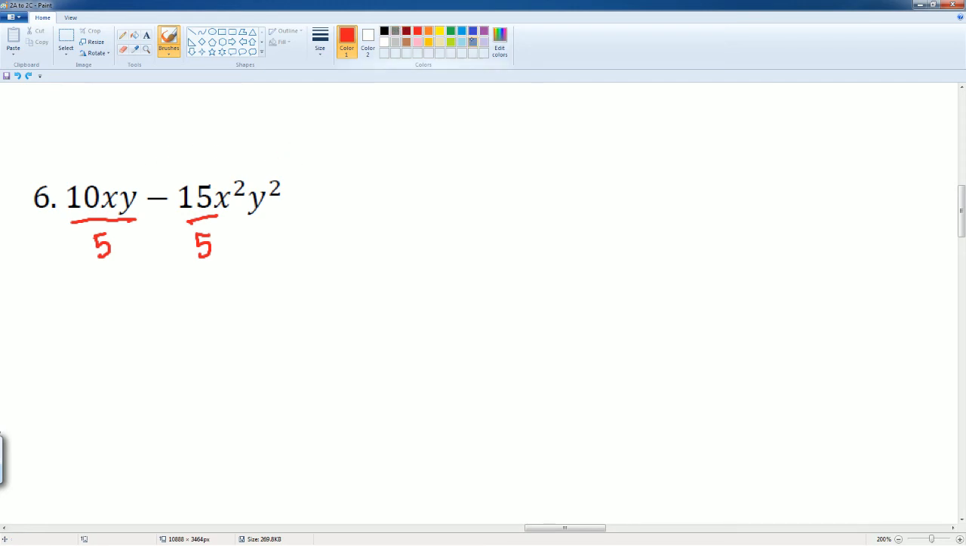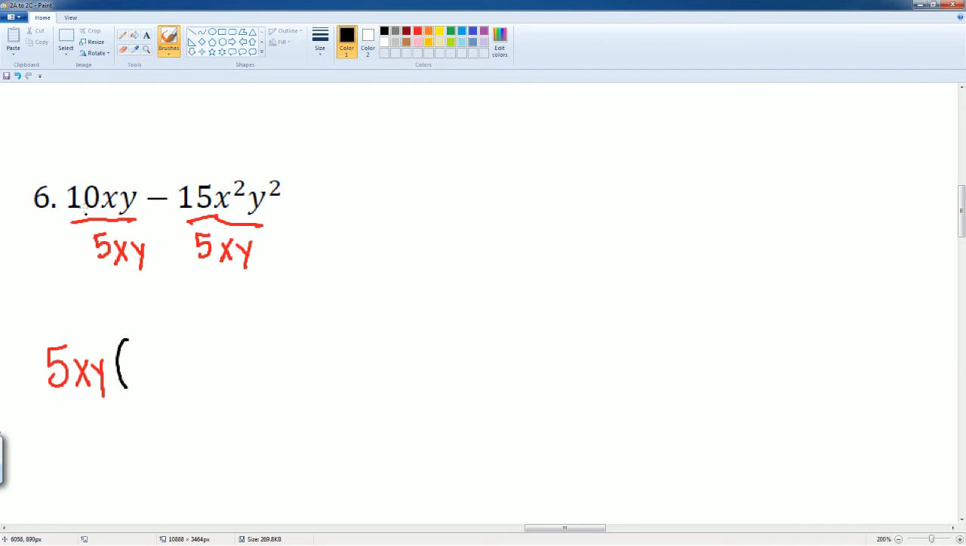What about the x? Well, let's see. You have an x here and an x squared here, so you can only pull out an x. Then you have a y here and a y squared, so you could only pull out a y. So that is your greatest common factor here. So it's 5xy